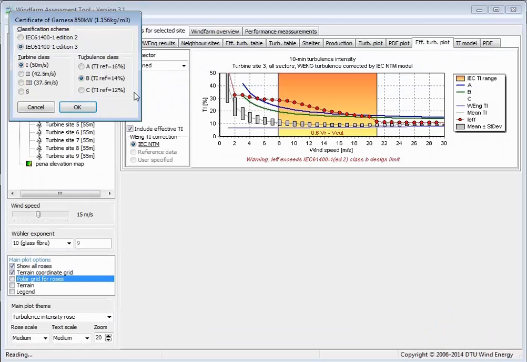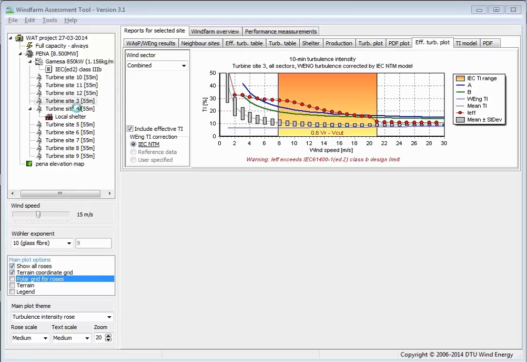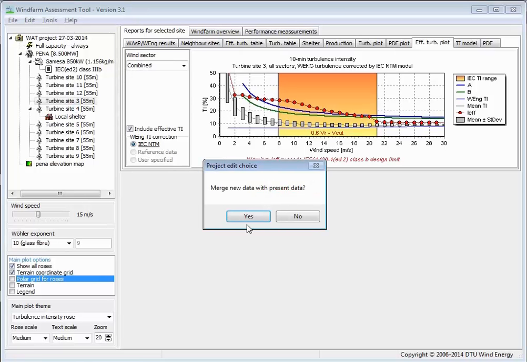You just give it some information, it doesn't matter so much, but let's just click it correctly. And then it says, do you want to merge these new data with the data you have in your open project? And we click yes here.